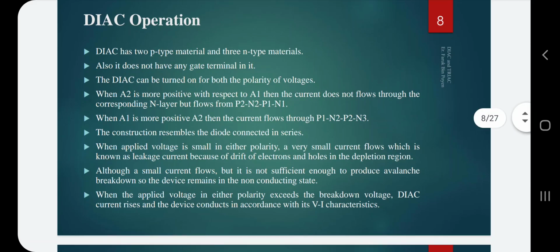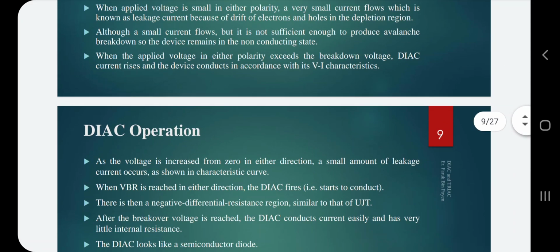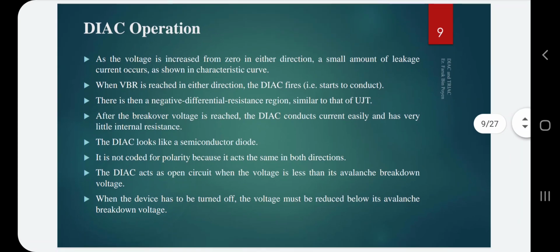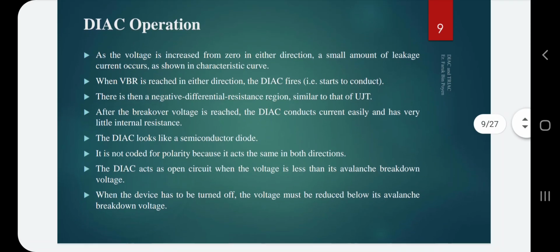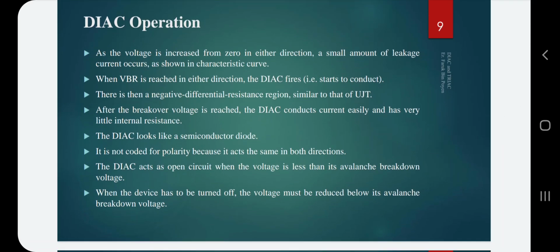I will give you a very good example related to this DIAC. We use a switching regulator for controlling the speed of a fan. That is a very good example where we use a DIAC and TRIAC combination with a potentiometer, so that we can construct the circuit design.